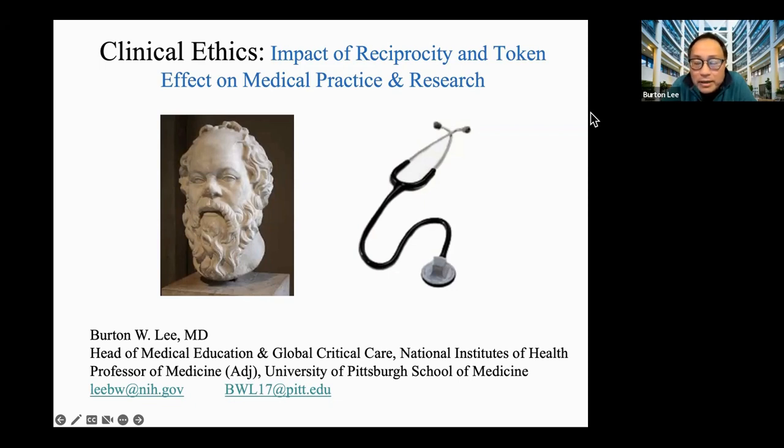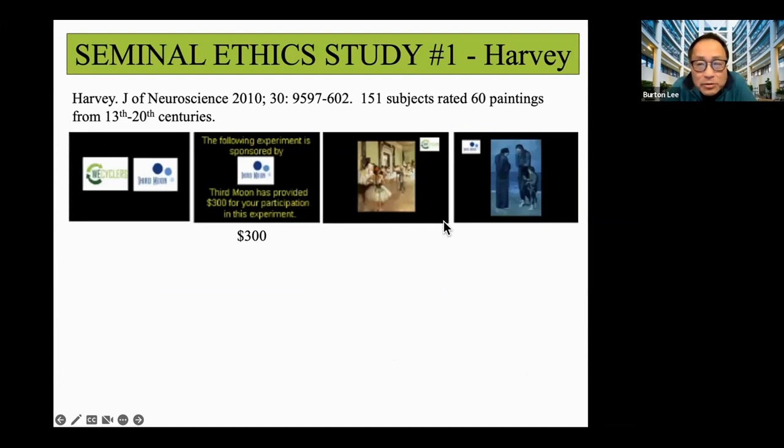And I'm going to start out by giving you a quick summary of the 2 seminal papers that I think are going to frame our discussion about this topic. So here's seminal paper number 1. This is a paper by Harvey, published in 2010 in the Journal of Neuroscience. And it's actually a pretty interesting paper in that they took a whole bunch of research subjects, 151 people actually,